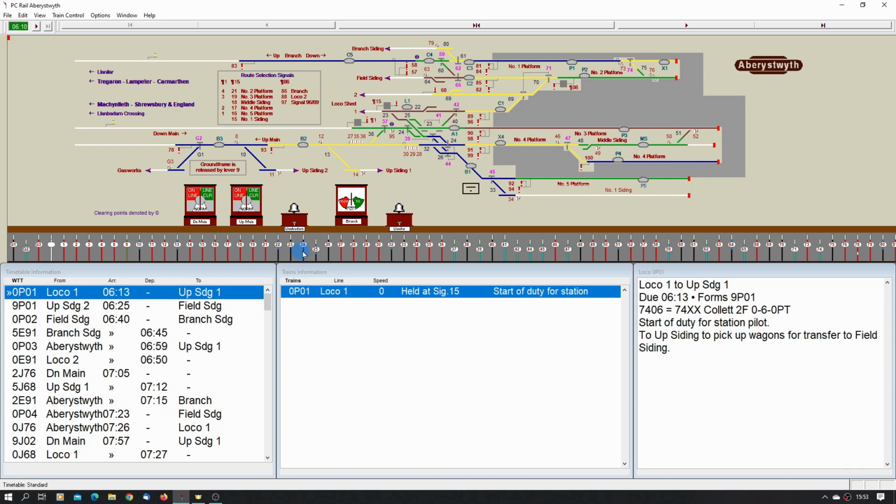So we need 44. These are all the facing point locks on that one. 39, and then 23. That's that one, and then 24. Right, so that's all the points set up. So we need all those locking again. So that's 39, 41, 44. As I say, I've not gone through this many times, so I'll be a bit rusty on these